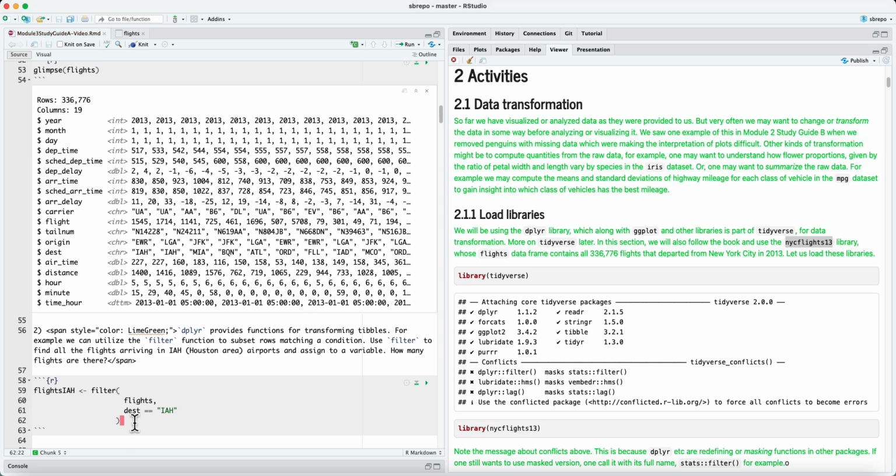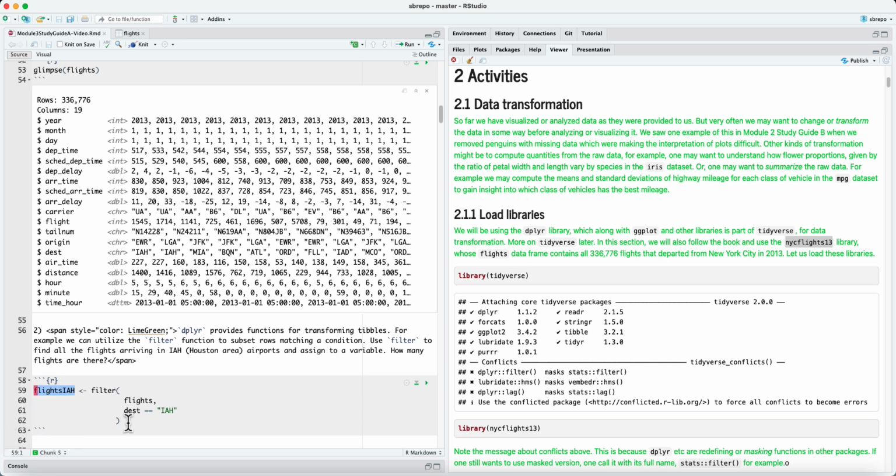And what filter does is it subsets or filters the table and keeps rows for which this logical condition is true, and it returns this filtered subset table, which is still a table, and we are assigning it